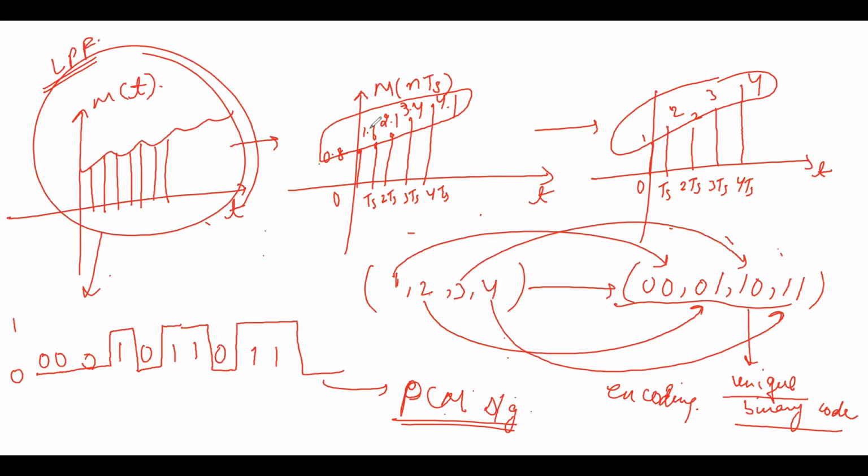We will continue in the next class. That was all about the transmitter part. We have seen how we can generate the PCM signal. Next is the receiver part, where we use a decoder, low pass filter and so on. We'll see this in the next class. If anyone has a doubt, you can ask. Next, we'll solve some numericals on PCM, which is very important.